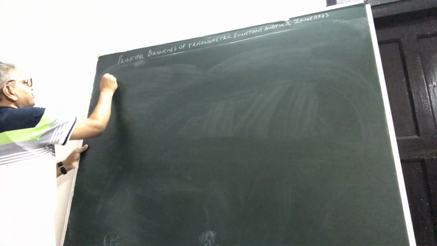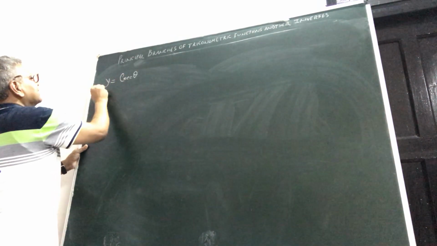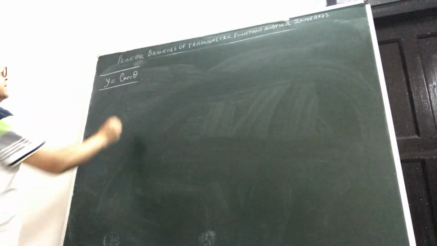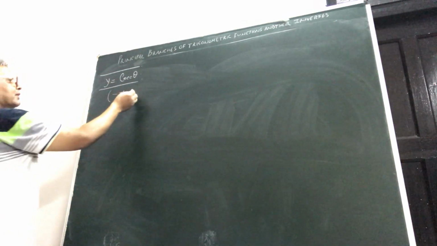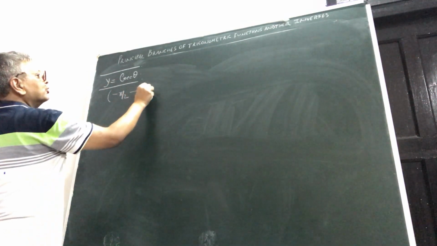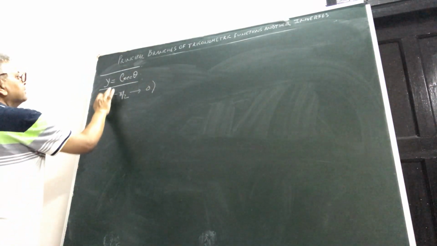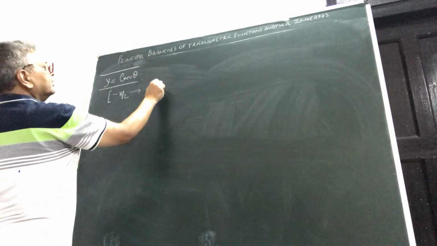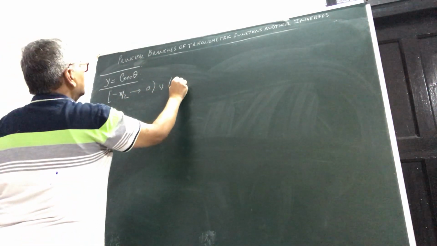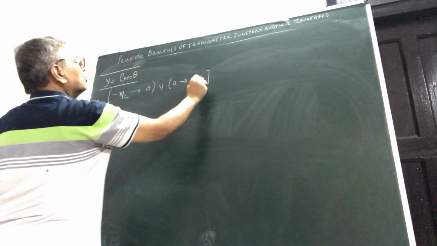Now let me take first y is equal to cosec theta. Okay, cosec theta curve. I will just now tell you what are its principal branches. It is minus pi by 2, open, because it will get into infinity, and therein you will go to 0. 0 is also not included. This minus pi by 2 will be included. It is closed on this side. This is open, union 0 to plus pi by 2. It is closed here.